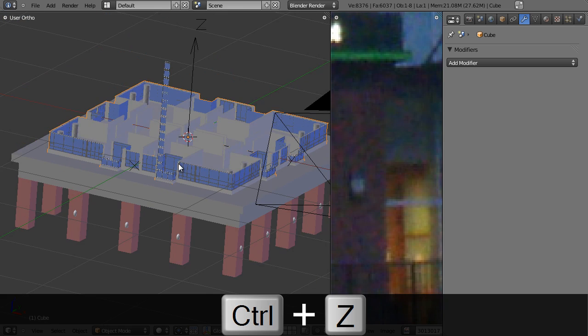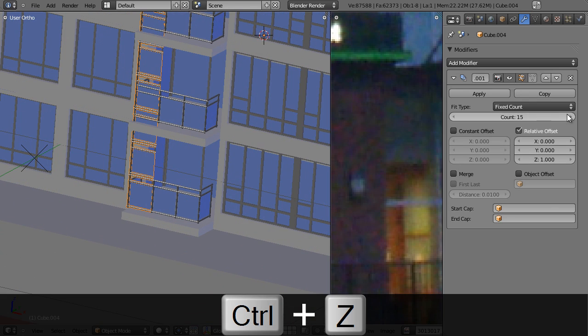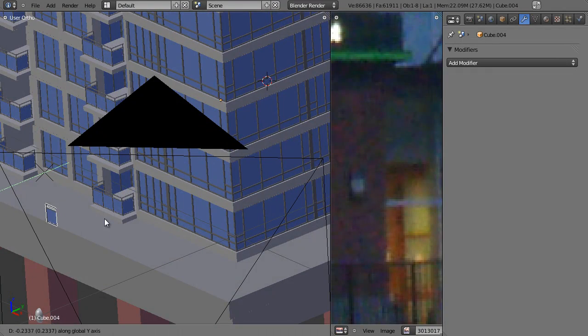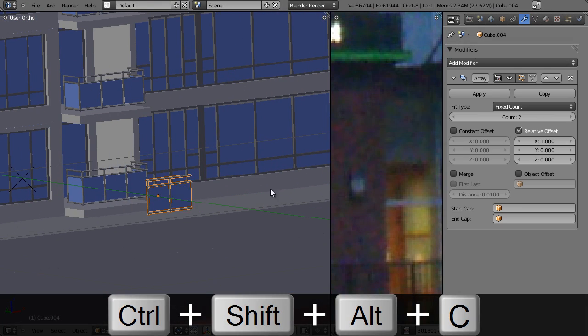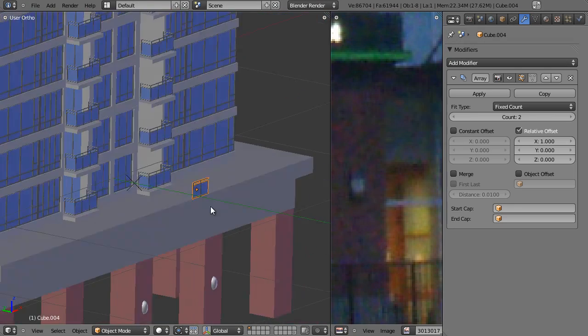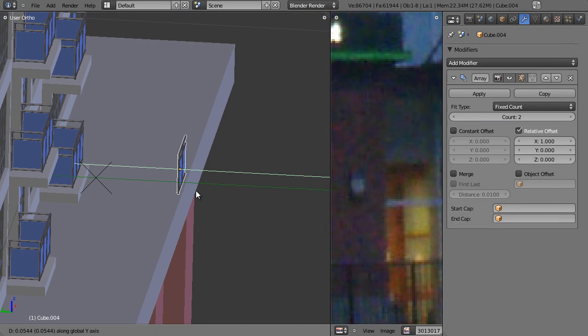Which one was I clicking on? Wrong one. Delete the array. Okay, so now I've just got one separate fence there. Okay, and now I'm just going to basically add the array again. Now, what I'm going to do with this fence is I'm going to use it along this sort of